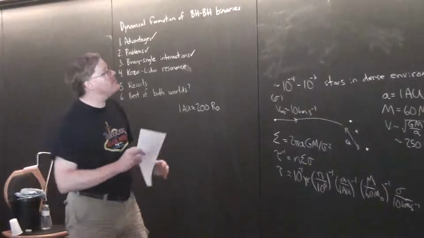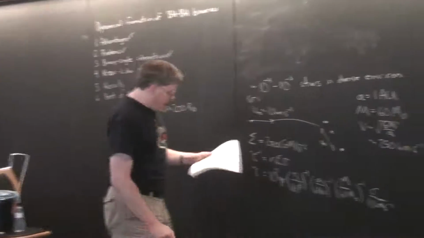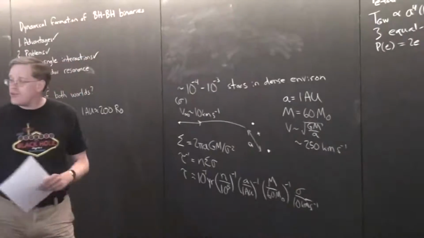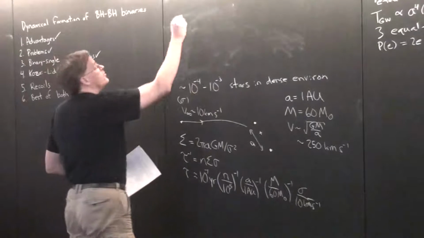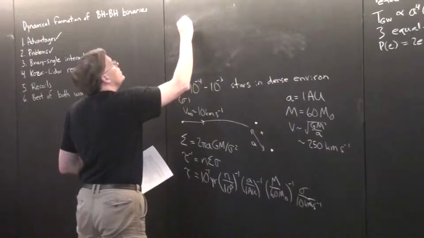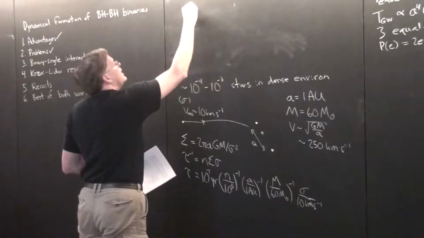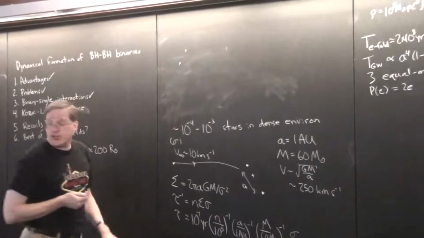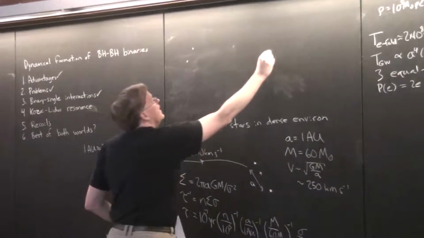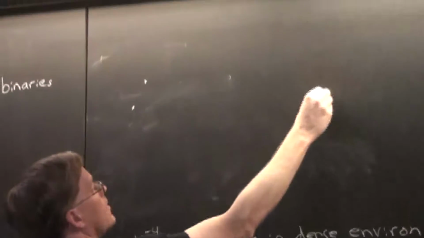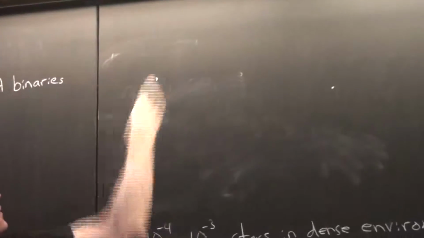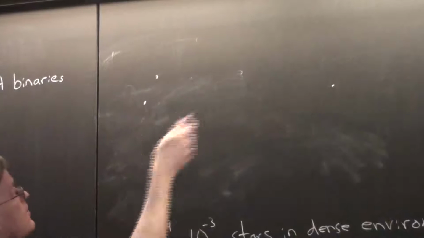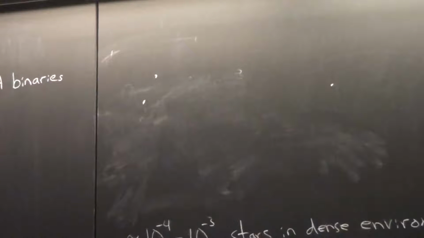Maybe it's an exaggeration by a factor of 3, which is not terrible. Okay, so the Cosine mechanism. Now the Cosine mechanism, and we demonstrated this before, is let's suppose that you have a binary, and we'll imagine that this is the initial plane of interaction, and we have another object here. And so we've got something going around this way, something going around this way,